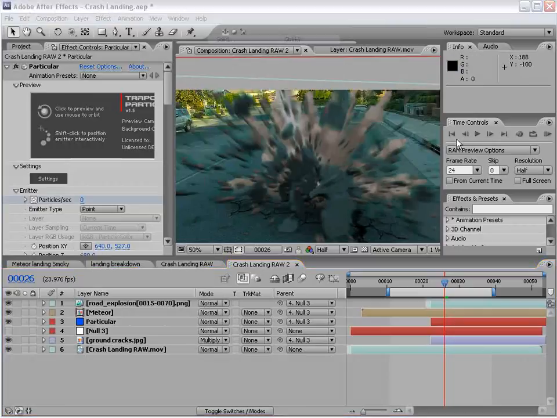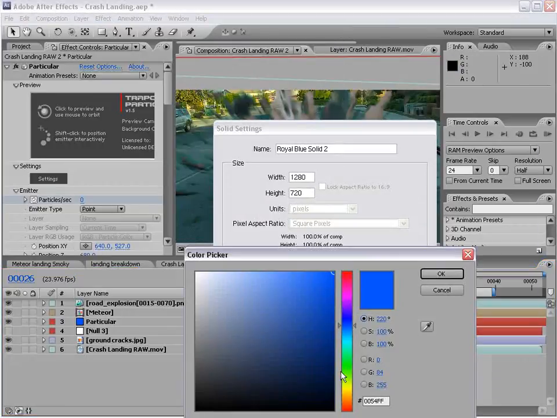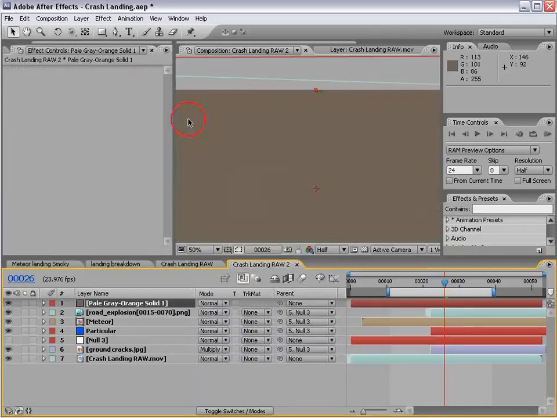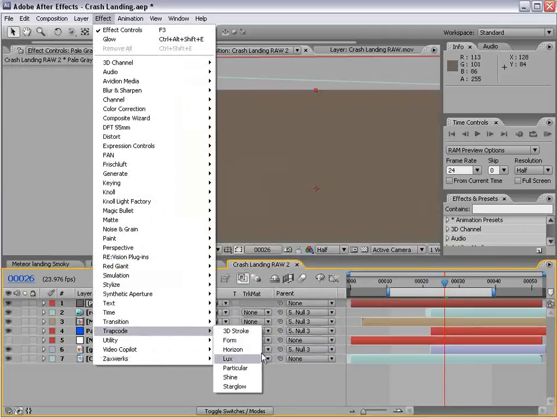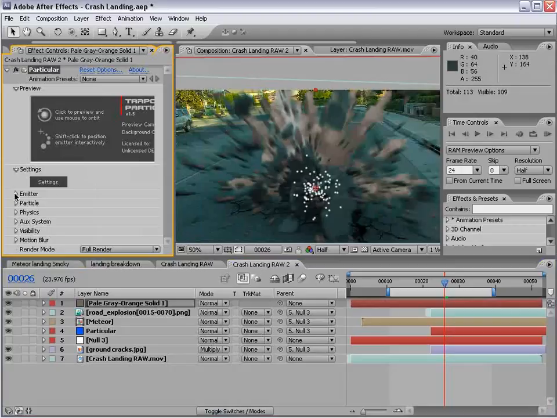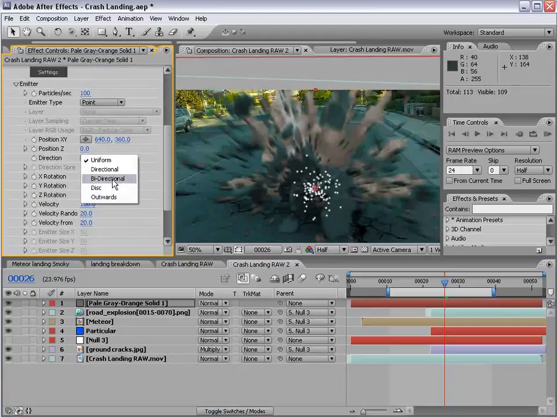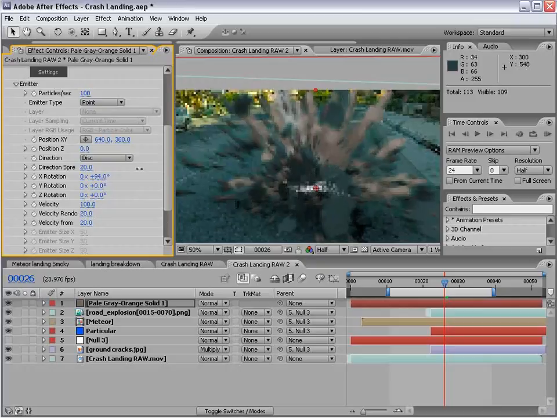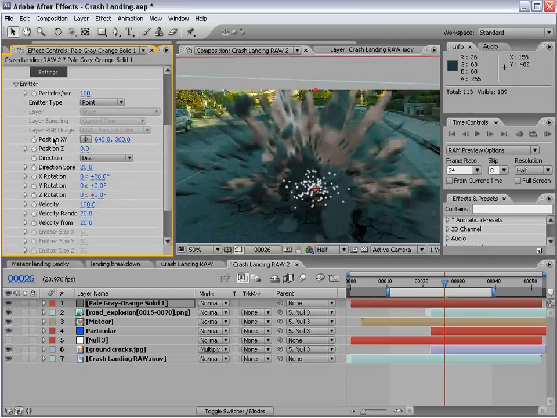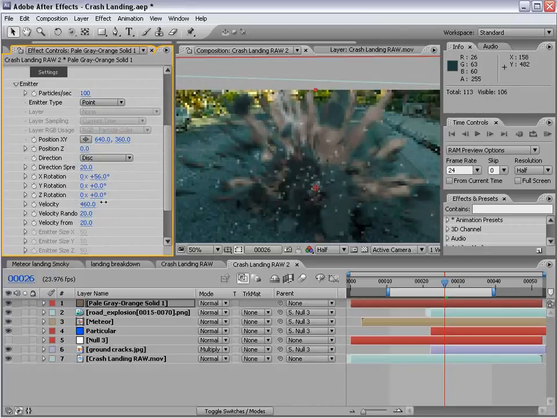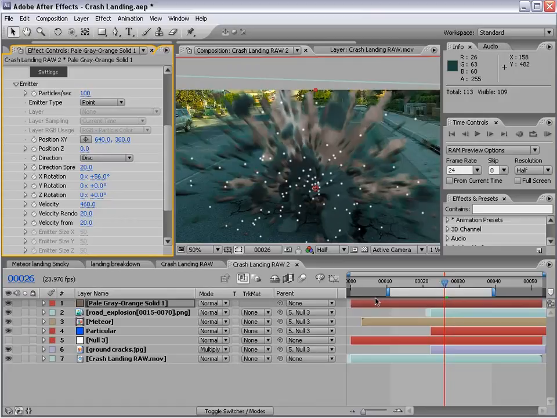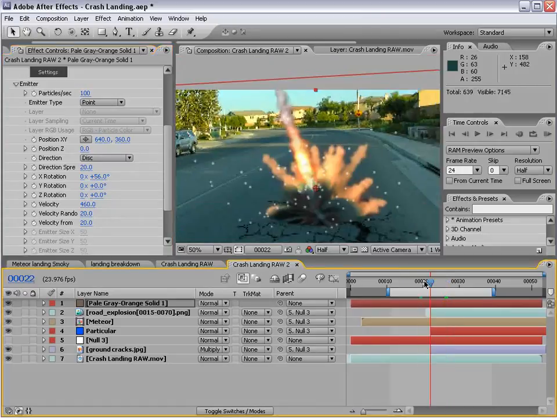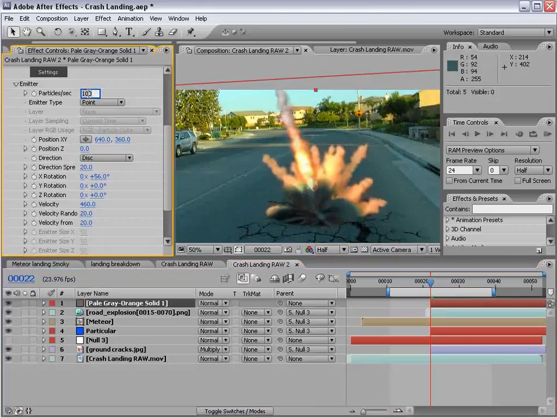So we'll create another solid, and we'll make it grayish gold, and we'll do Trapcode Particular, and we'll come down to the emitter settings. We'll set the direction to disk, so the particles shoot out in a flat manner, and we'll sort of match the floor, and we'll turn the velocity up. And we want the particles to start and stop immediately. So we'll bring the layer to the start, set the particles per second to maybe